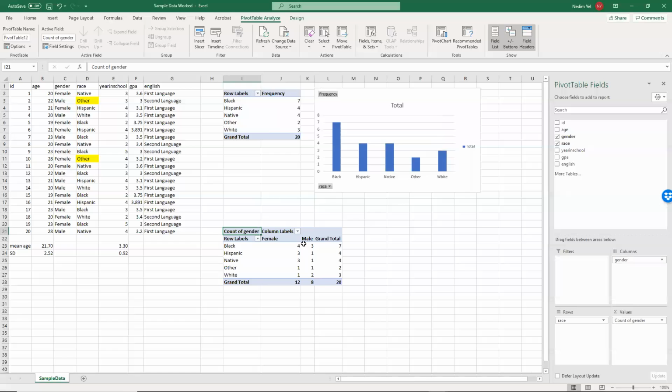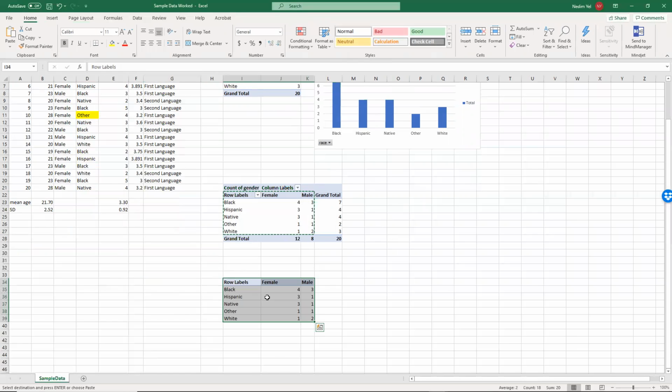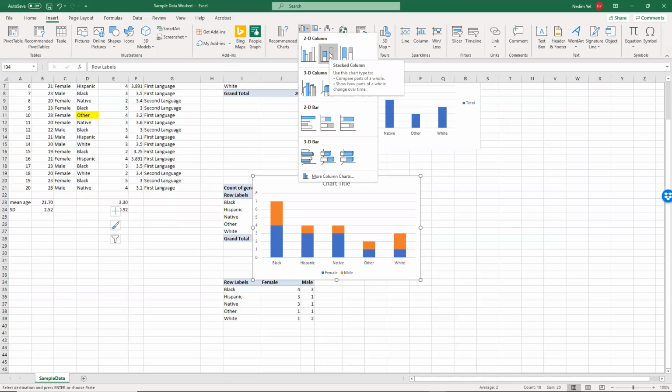So to do the table, I can highlight this one, or I'll just select this one because we have to do some other things. I'm just going to select that one and then put it here. So this is no longer a pivot table, and then I'm going to still highlight this. And then I will go to insert again, go to stack bar charts,